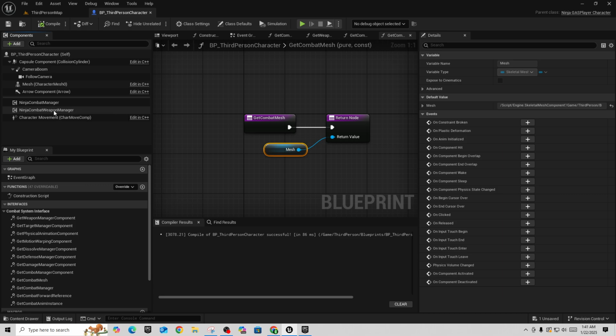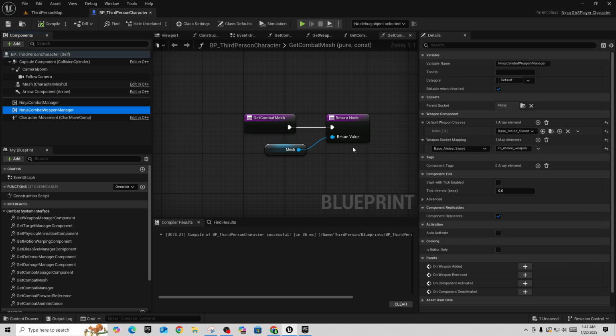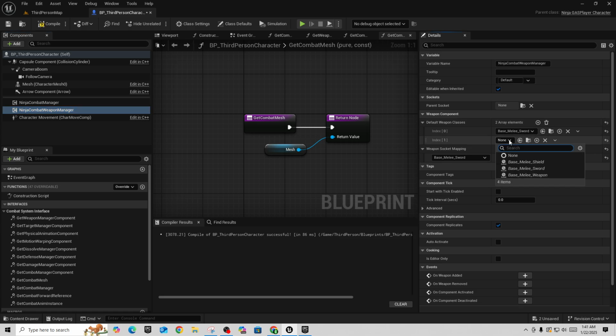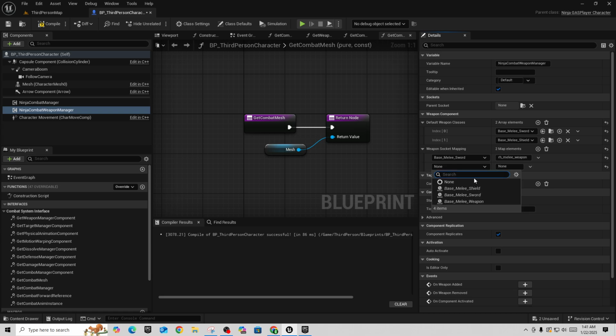I'm going to go back into my character. Under my combat weapon manager, I'm going to add another default weapon class in here. And I'm going to pick my shield. And under the weapon socket mapping, I'm going to pick my shield again. I need to go create a socket for this to be on, so let me compile that for a second,